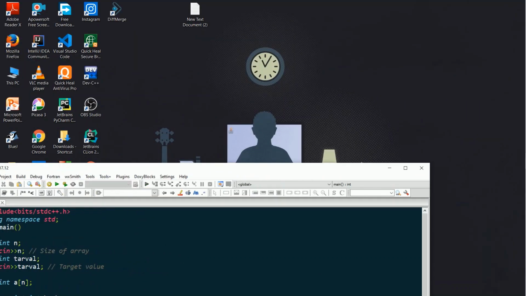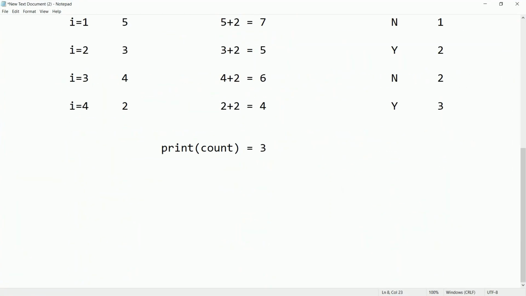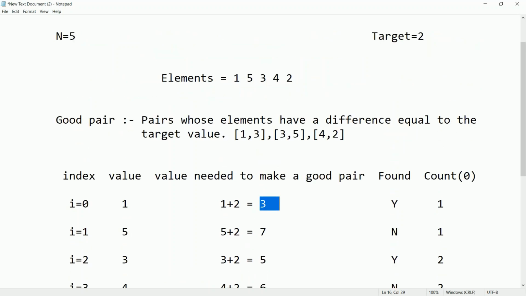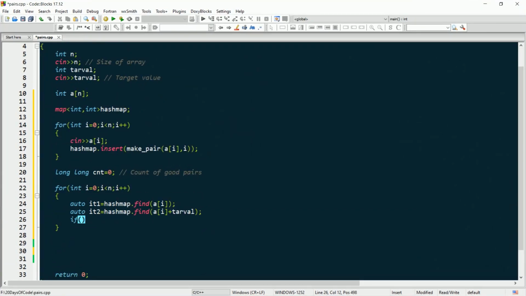Like I mentioned here, see, 1 plus 2: this is 1, the first element of the pair, and the second element of the pair, that we get by adding the target value, is 3. So 1 plus 2 becomes 3, and if 3 is in the array, then we will consider it a good pair. So we will do the same thing here, a[i] plus tar value.